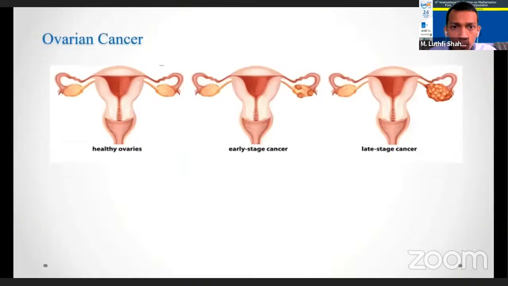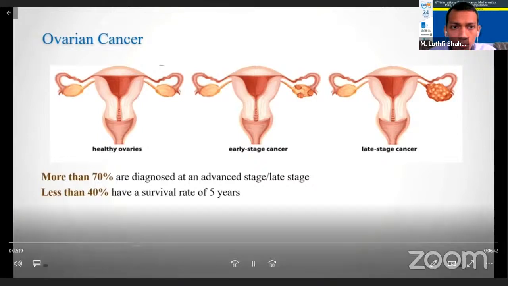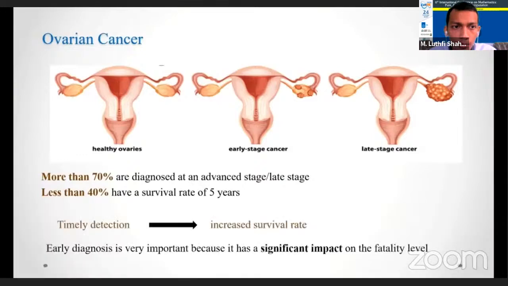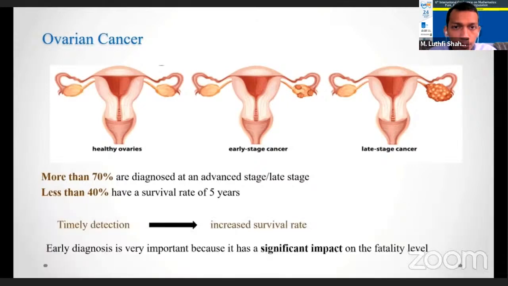These are the stages of ovarian cancer. More than 70% of women with ovarian cancer are diagnosed at an advanced stage, but less than 40% have a survival rate of 5 years. Since timely detection is related to increased survival rate, early diagnosis is very important because it has significant impact on